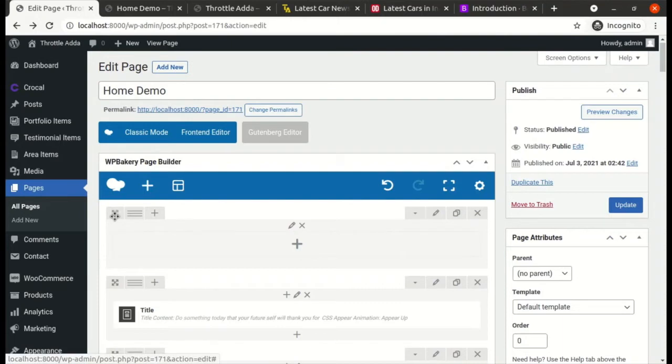Now as I told you about the drag icon, the next icon is the columns options. So now we need 3 columns, right? The first option is 1 column, second option is 2 column, that means 6 columns each. The third option is 2 by 3 and 1 by 3, that means I would say that 8 columns and 4 columns. The fourth option is 3 columns. Now 12 divided by 3 is 4 columns each.